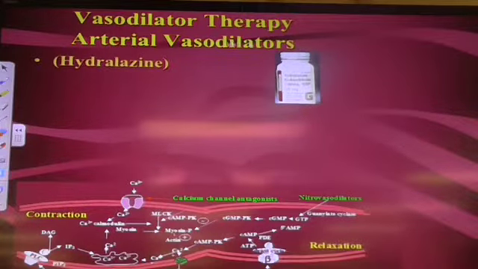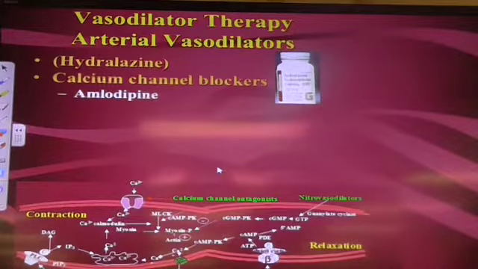So these are the drugs that are used in animals to decrease afterload. These are primarily arterial in action. Hydralazine, I have it in parentheses because we're not going to talk about it much. It is a drug that is used for non-responders, so it does show up in the literature. I want it to be in your notes so that you can refer to it, but we are not going to use it as a model drug. It probably works by increasing cyclic GMP and probably causes relaxation that way.